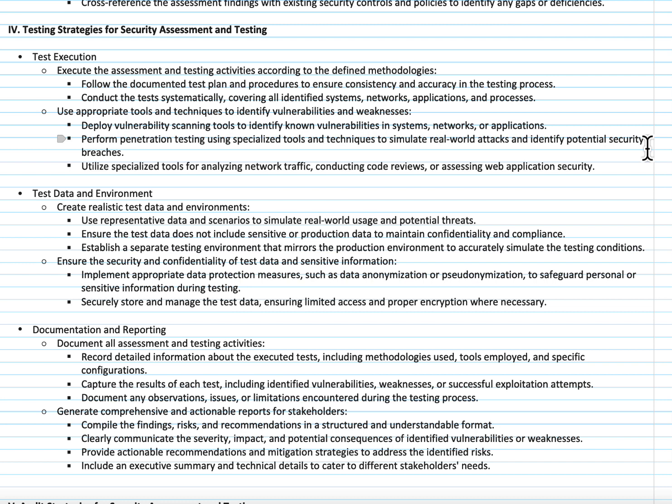When you're scanning, you do want to ensure there's confidentiality of the test data. You're going to get information back. You're going to find out information about IP addresses, and depending upon the situation, those IP addresses might be considered privacy data. So you're going to want to work with your compliance folks to ensure that whatever scanning you're doing within your network, they are aligned with the outcome. They're also aligned with the data itself: where it's going to be stored and who's going to have access to it, because you want to ensure that data is protected.